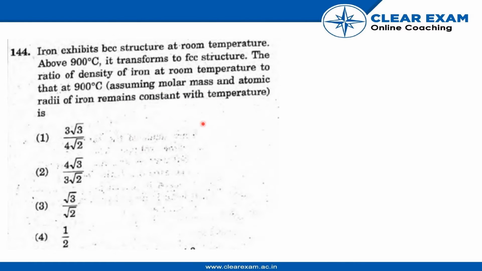So we have to see what all is given in the question. It says above 900 degrees Celsius, it transforms to FCC structure. Then the ratio of density of iron at room temperature to that at 900 degrees Celsius. So what we will do in this question, we will see, we know the formula of finding D,